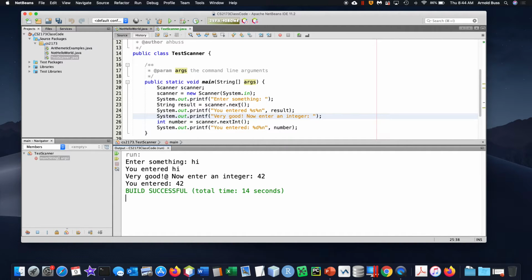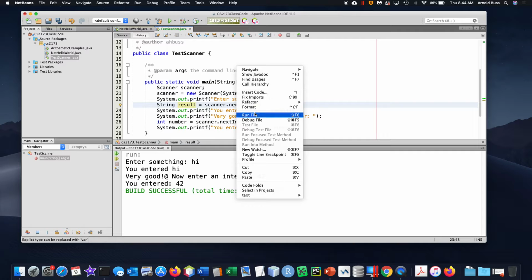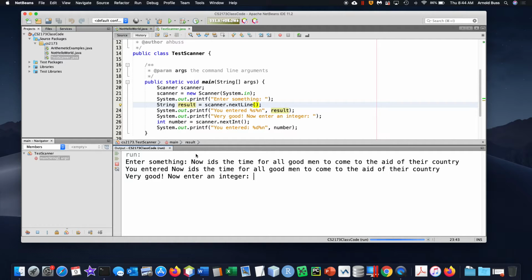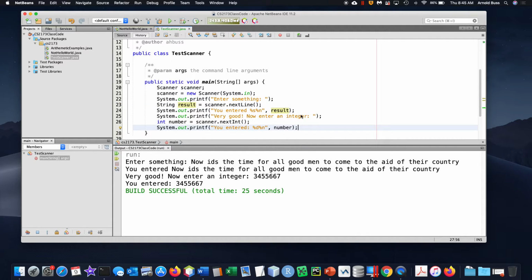To avoid what I did there, let's change this to next line. If I read the next line, then now I can do what I was trying to do before. So okay, now ids. All right, so now